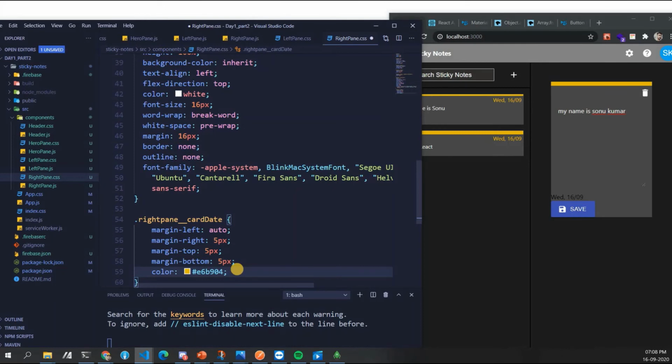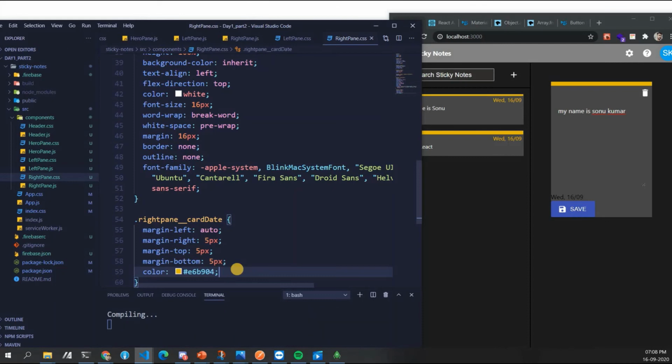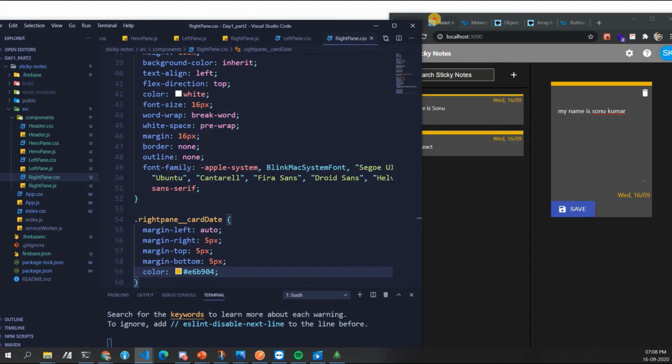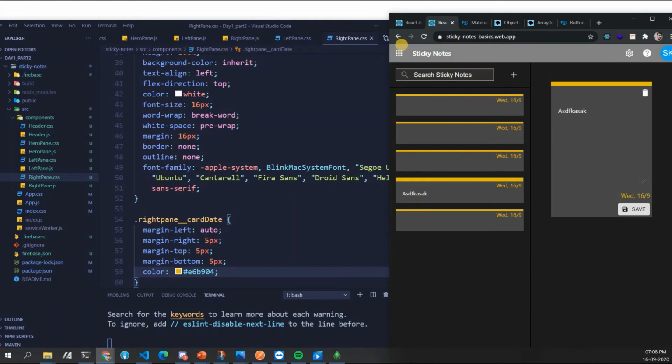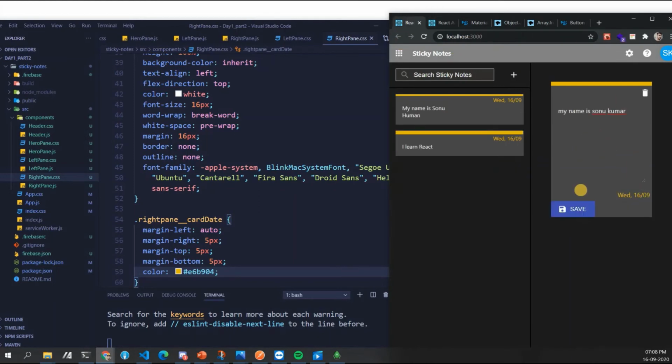If you like that way, just do it. There is nothing wrong with this, nothing wrong with that as well. Okay. So now see this came. If we see here, this looks similar to this, right? Similar. Just this part is left. So styling wise will be complete after this.